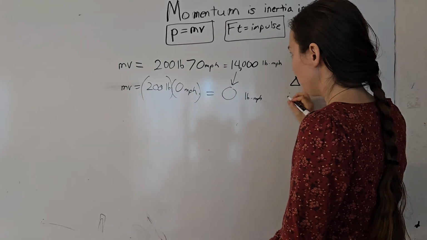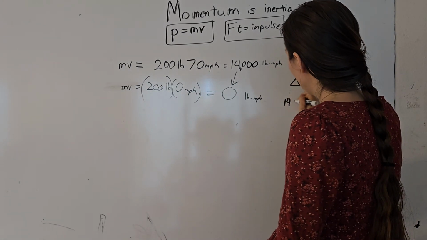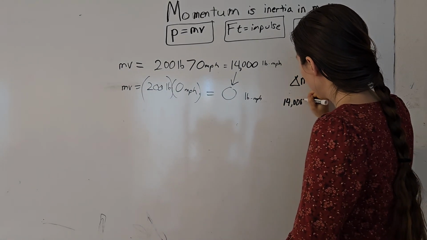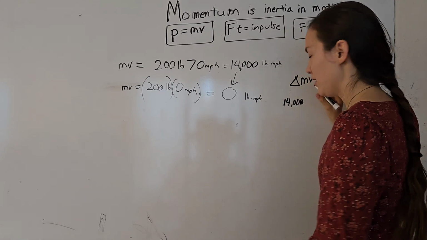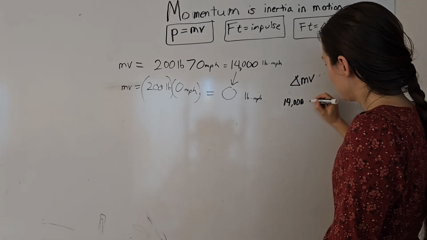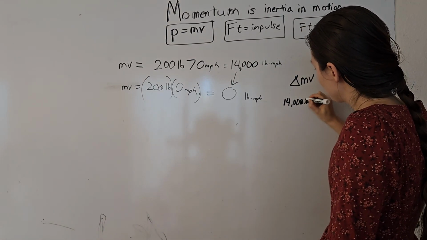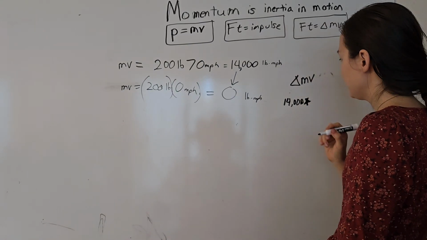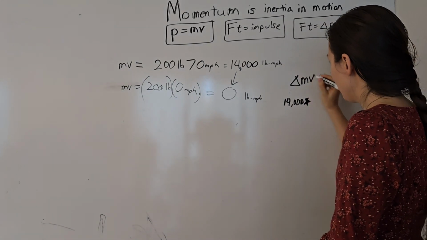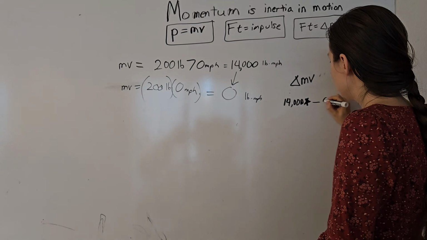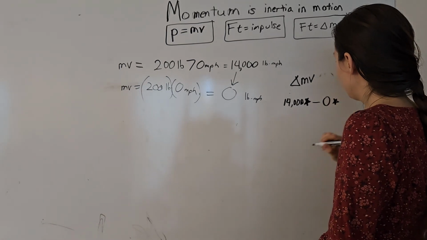So we've got this momentum that the guy initially has. We've got 14,000 horrible units of it. And the momentum that he has at the end, when his car is stopped, is 0 horrible units of it. So to go from here to here, we know this is fixed. The change in momentum is fixed. The change in momentum will be his initial momentum, 14,000. Let's just make, I don't know, what should we do for my awful new unit system? 14,000, I'll just do a star, okay? 14,000, these are weird units of momentum, minus, we have change in, 0, his final weird momentum.